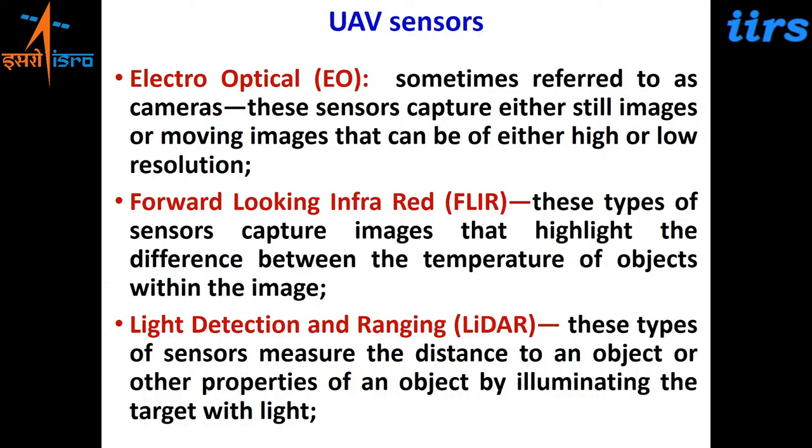Then you also have sensors. A large range of sensors can be equipped with the drones and cameras. So you can have electro-optical sensors, which are simple optical cameras. They can give you still images or video images. It depends on the megapixels which you have purchased. Then the forward-looking infrared cameras, which give you thermal infrared images that are related to the temperature of the object. Then LiDARs can be there, which give you the height of the object.